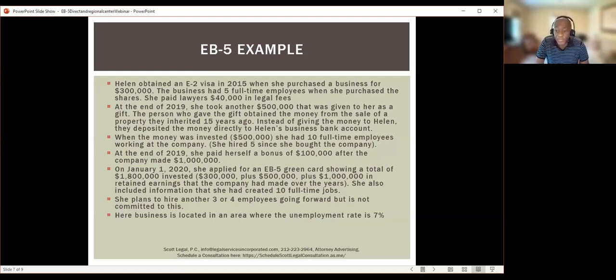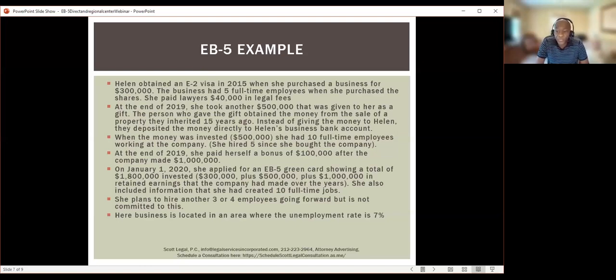So then the $500,000 that she received from a friend, now that is going to be a complicated source of funds, because the friend is going to have to show that they paid the appropriate gift taxes. But also, the government doesn't care that the friend inherited money from someone who passed away 15 years ago. They're going to say, I want to find out where that friend got the money from. So extensive documentation probably related to that.